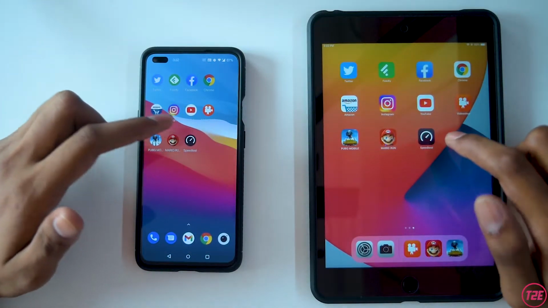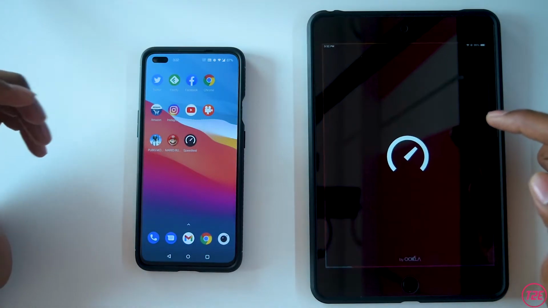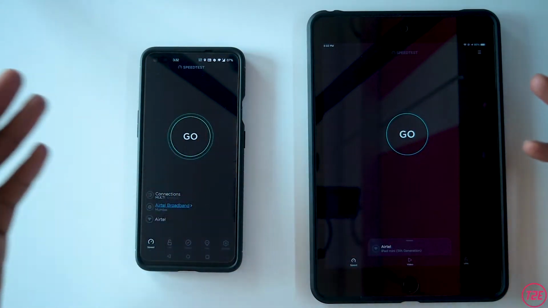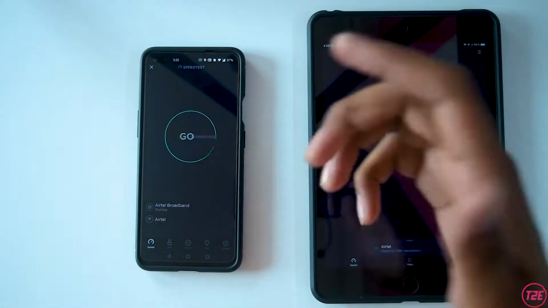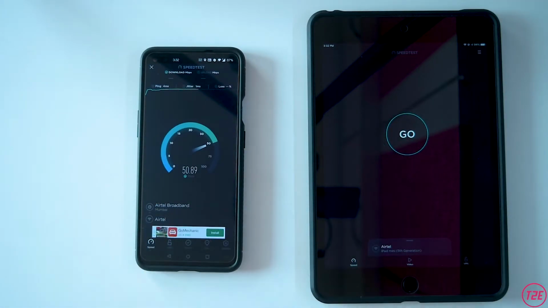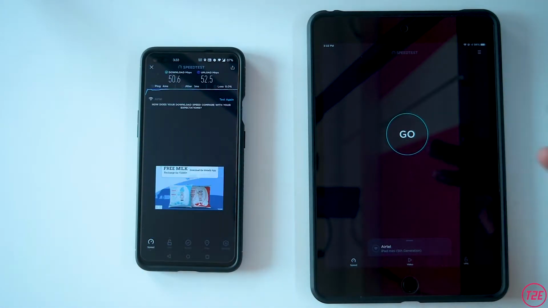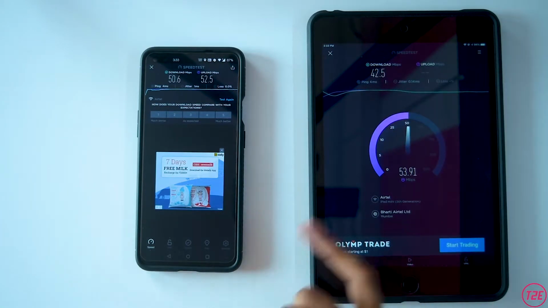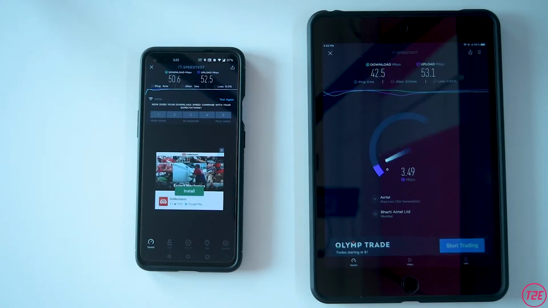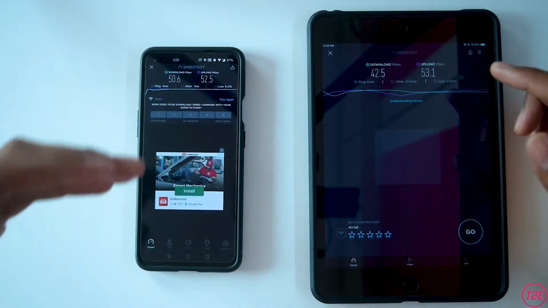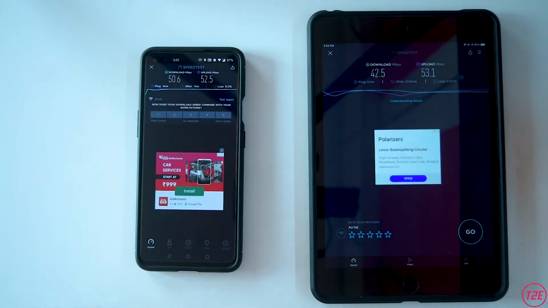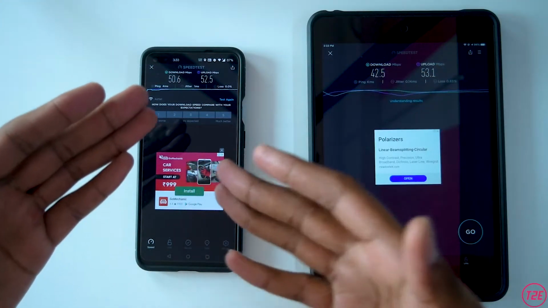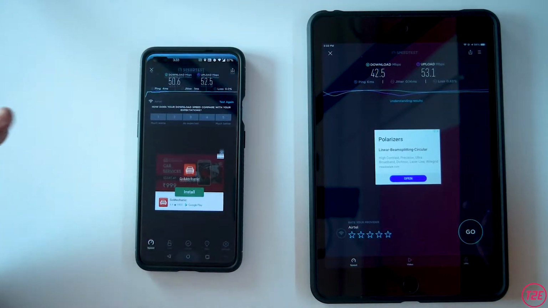And finally we have got a speed test, so we will do a network speed test on both of them. So 53 Mbps is the upload speed that we are getting, and on the OnePlus Nord we are getting 52 Mbps, and download speed was better on this one compared to this. So that's the speed test app.